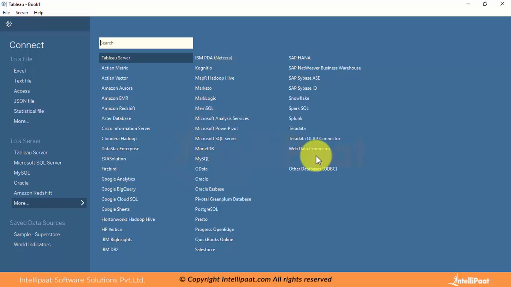And we can also connect directly to Google Sheets, I told you, right? So we can connect directly to Google Sheets in Tableau 10, and to QuickBooks Online as well. If you want to save some data sources as your favorite, that is possible in Tableau 10, which is not possible in the earlier versions. So like that, with respect to data sources also, they have introduced some more concepts.